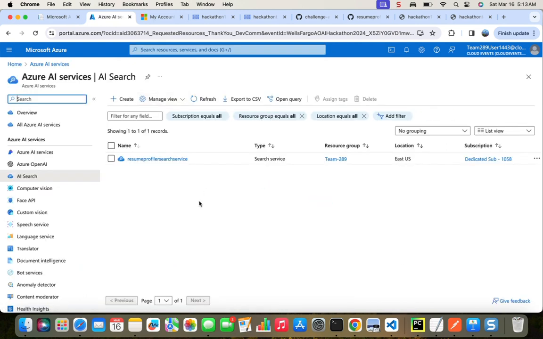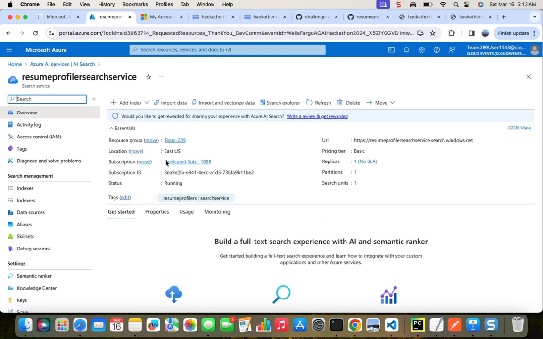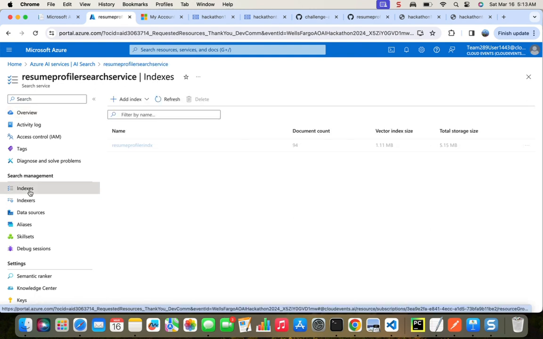here you can see we have this resume profiler search service that we created for team 289. We created it in the East US location, and this is our subscription. Obviously, we will go here and I'll show you the index that we created. So this is our index, resume profiler index,